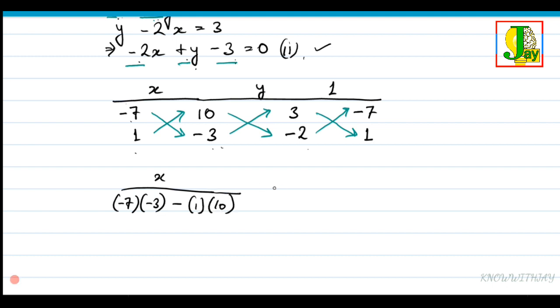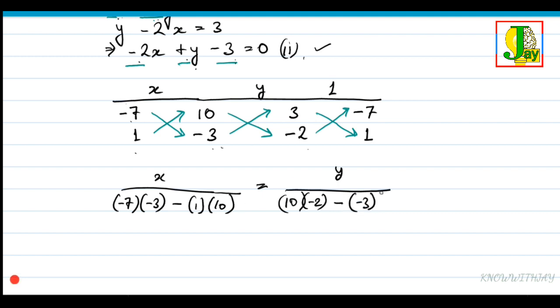I'm writing all the steps for the first time. Y upon 10 into minus 2, minus in the upward direction minus 3